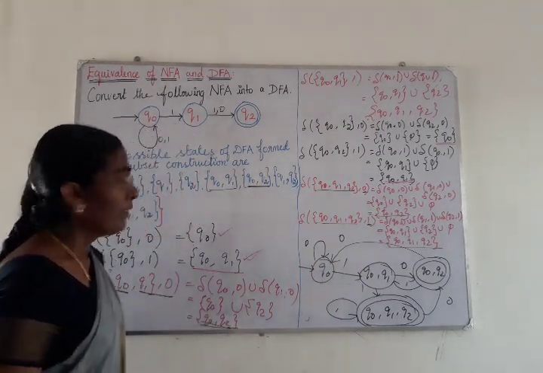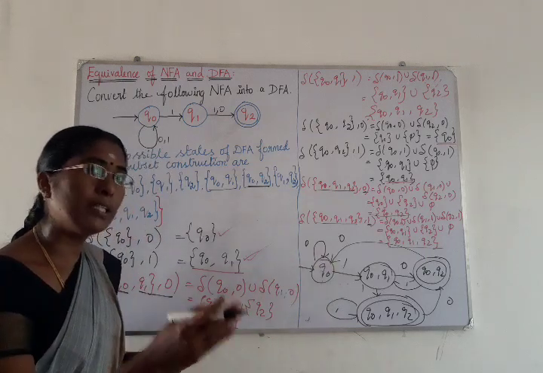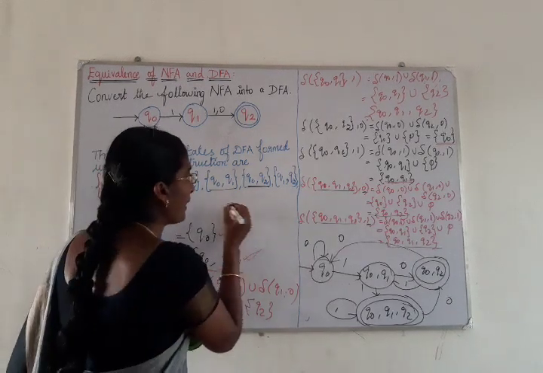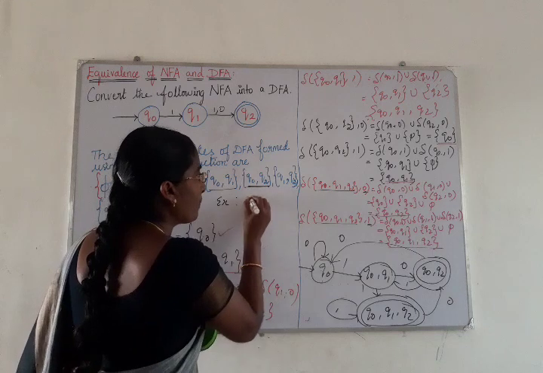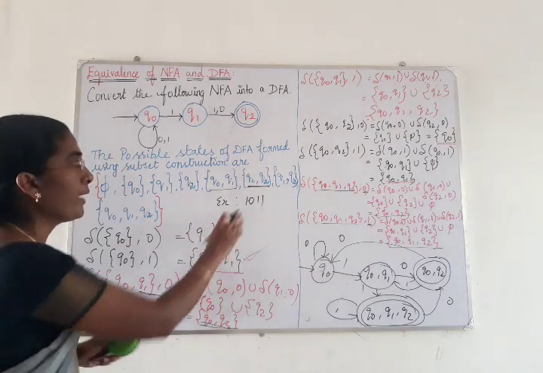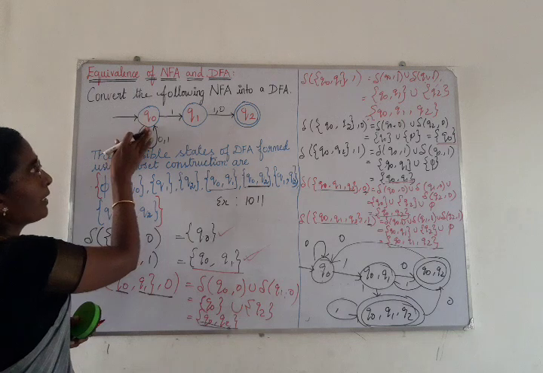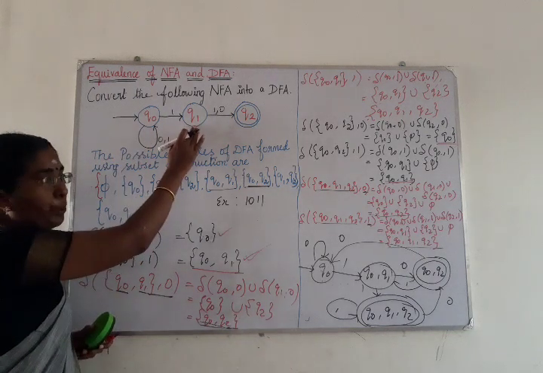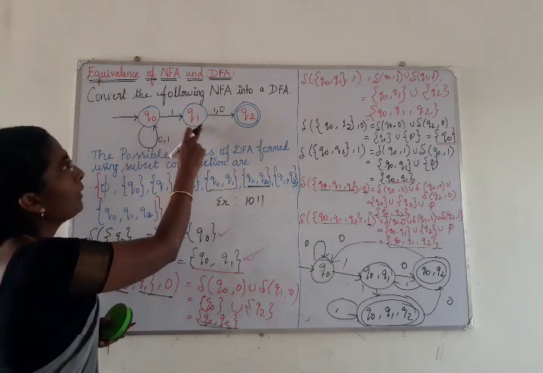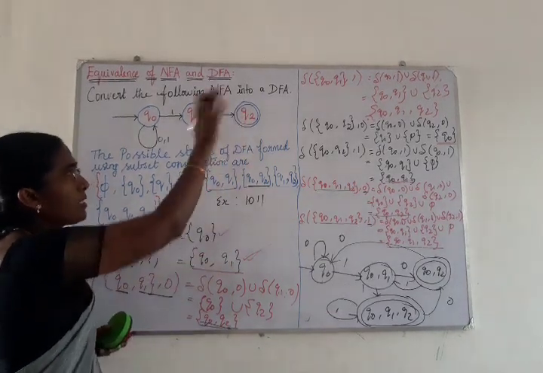Next thing is to check whether the DFA also accepts the strings that have 1 in the second last position. Right? 1 in the second last position. Consider an example, 1011. 1011 will be considered as a string. For the NFA, for the first 1 it is either making a self transition or moving from Q0 to Q1. In the second position it is moving from Q0 to Q1, and for 1, 0 it is halting in the state Q2.